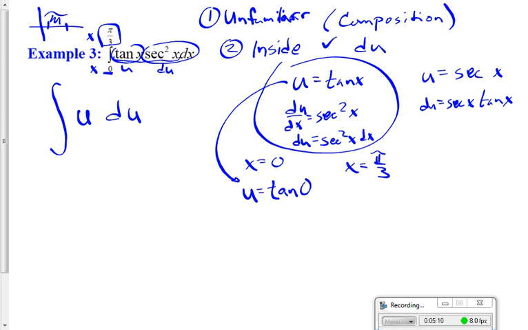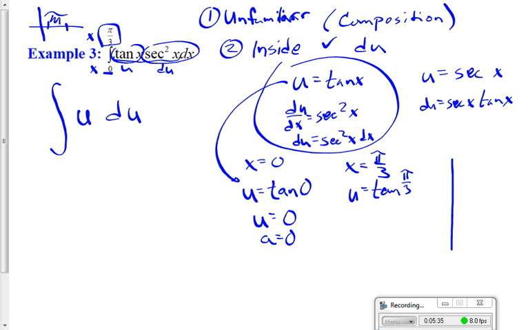Tan is sine over cos. What's sine 0? 0, right? So the first u value, the a value, if you will, the lower bound of integration, is 0. Okay? The upper bound of integration is going to change as well, subject to the substitution. So if x is pi over 3 and u is equal to tan of that,